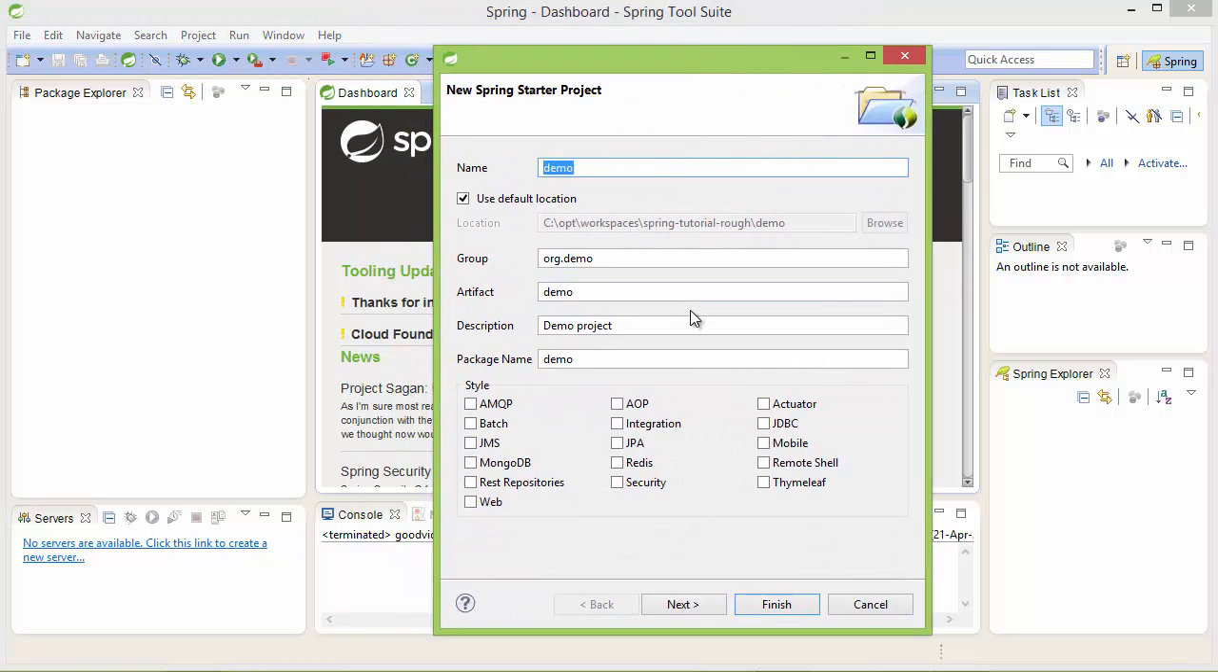Let the name of the project be Good Video Tutorials Spring. Let the group be com.goodvideotutorials, and the artifact be spring. The description could be Spring 4 and Spring Boot starter,